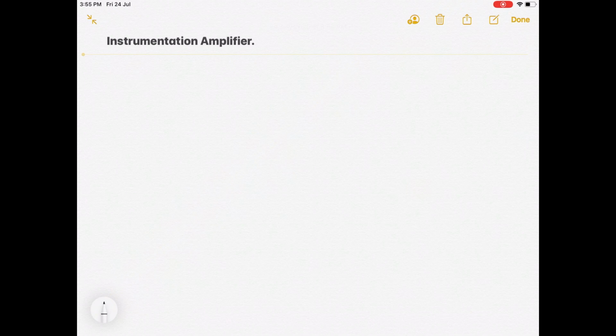Hello everyone, today we are going to learn about instrumentation amplifier. Instrumentation amplifiers are used in monitoring and controlling of physical quantities. Physical quantities are like temperature, humidity and light intensity. Then we require a transducer. A transducer is a device which can convert one form of energy into another, and it is